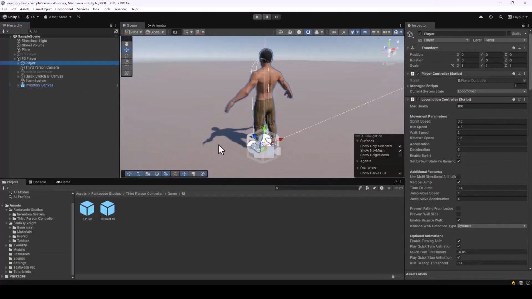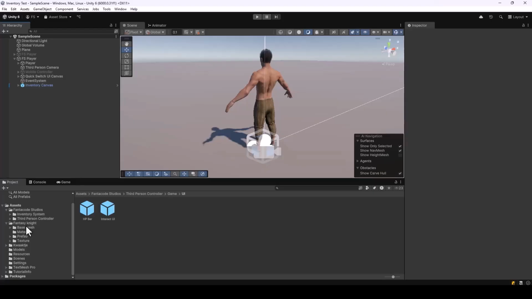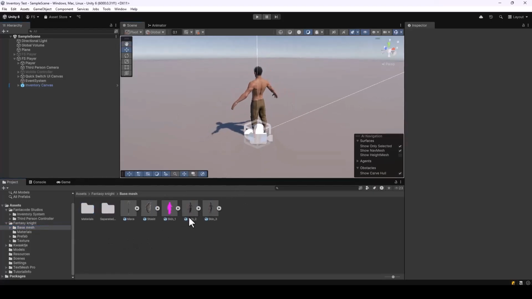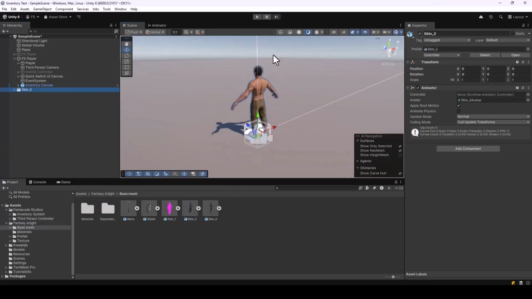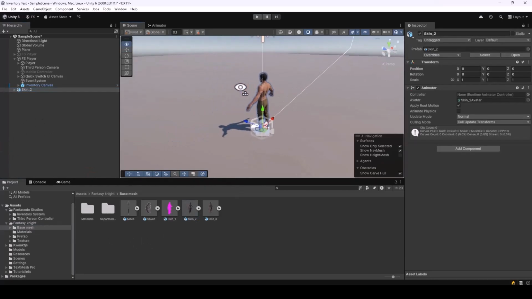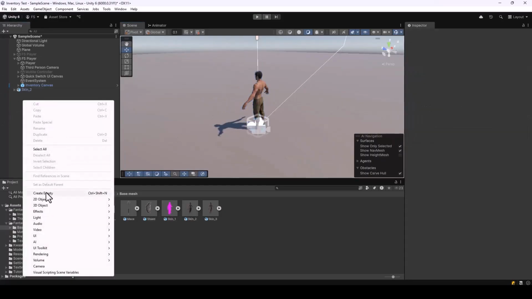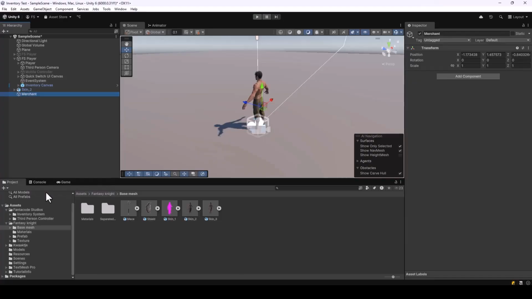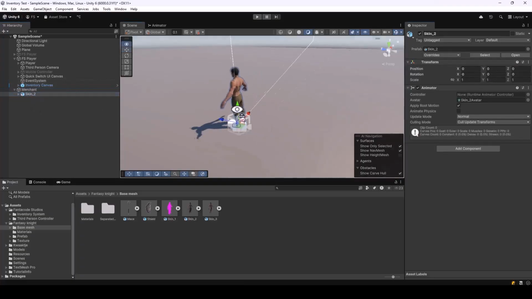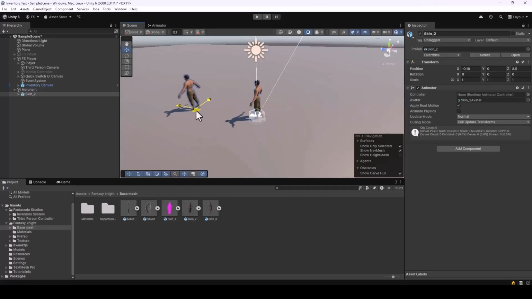and from here I'll add a merchant. So I'll go inside our fantasy knight pack, and I'll add the same character model as the merchant because I don't want to import a separate package just for another character. So let me add a parent game object for it. I'll call it merchant, and let me just reset its position and add the character under it, and I'll change its position. I'll just place him like that,